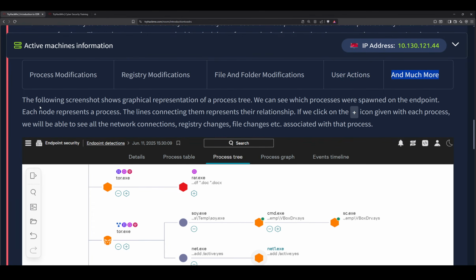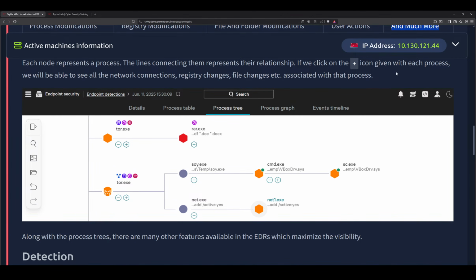The following screenshot shows a graphical representation of the process tree. We can see which processes were spawned on the endpoints. Each node represents a process. The line connecting them represents their relationship. If we click on the plus icon given to each process, we will be able to see all the network connections, registry